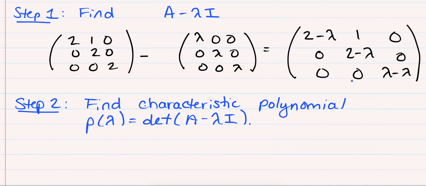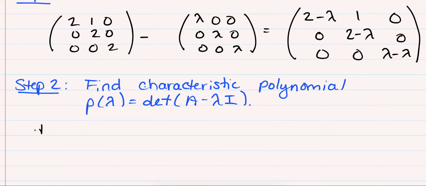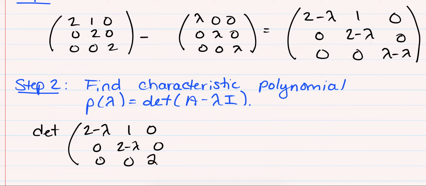Alright, so we have this strange matrix and we want to take the determinant. Now remember, we have a long formula for the determinant. It says to go down a row or a column. You choose which one you want to go down. I'm going to go down a column that has a 0 entry, so let's do that. So the determinant of 2 minus lambda, 1, 0, 0, 2 minus lambda, 0, 0, 0, 2 minus lambda